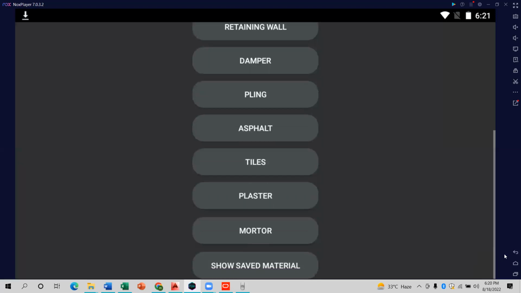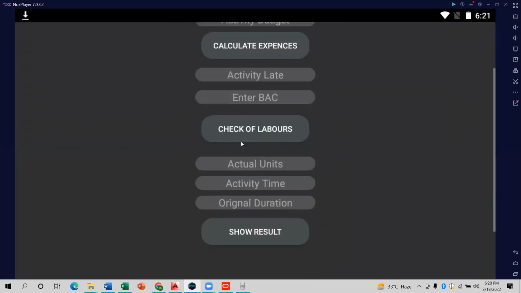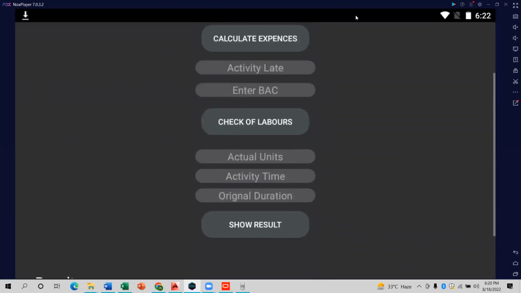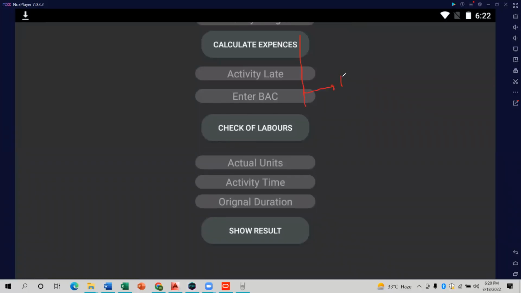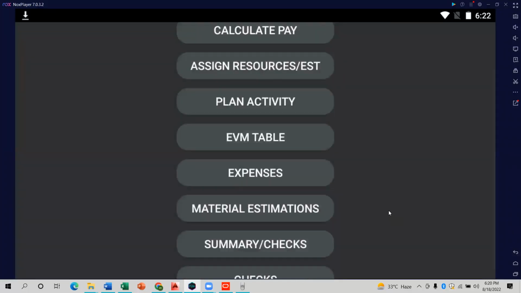Okay, these are the things you have to use, and these are the checks. This is a very important thing. And if you don't need these checks at all, if you are working well on the EAC, because estimated completion will also show you very well. Hope you understand this app. This is a very clear app, and I will make very minute changes in it, like in the actual units, but otherwise